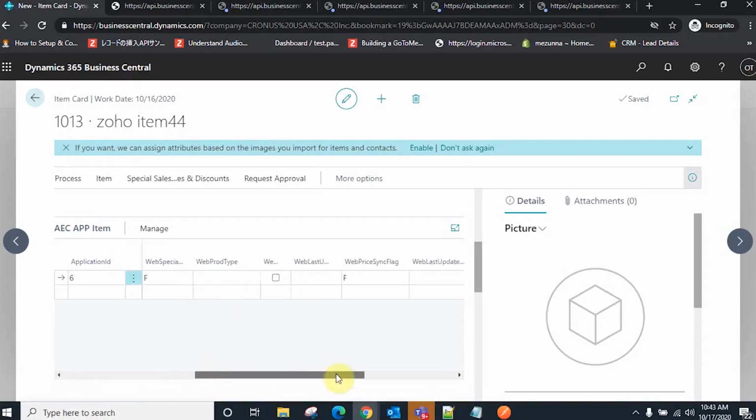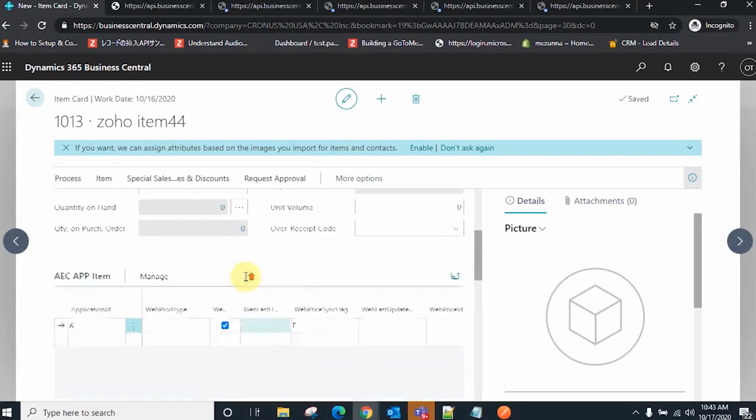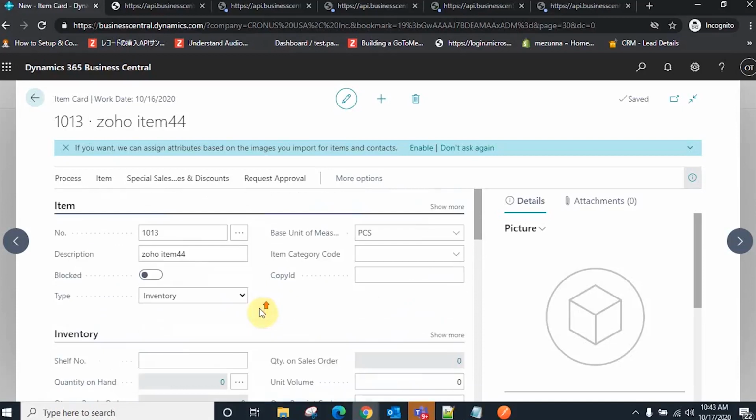Once the item is synchronized, you can sync back the ID here. As we have so many items present on our ERP side, you might want to add a filter, so that only the items for which this flag is checked will synchronize. That's why I'm using this flag to have my item on the Zoho Commerce side. I have added all the mandatory fields here. Now I'm going to save it.